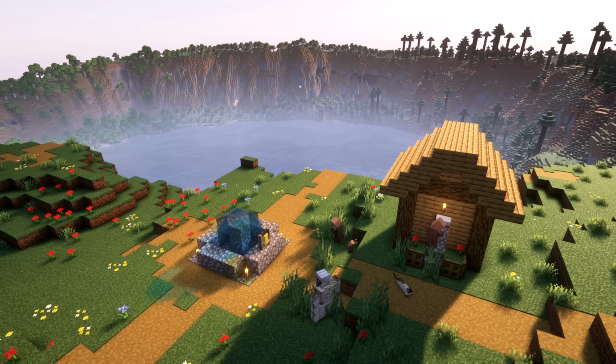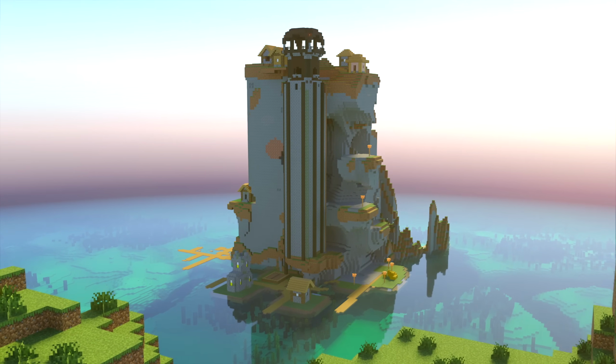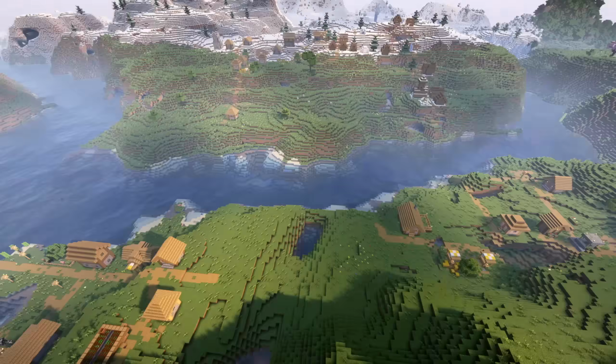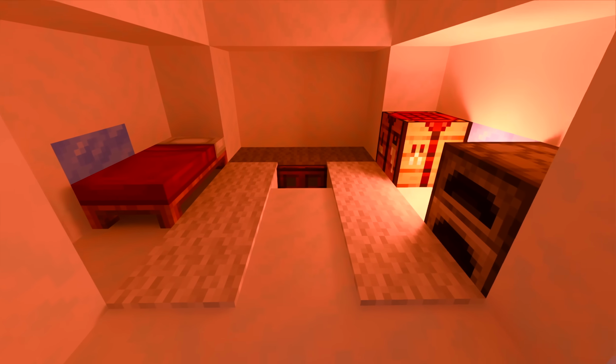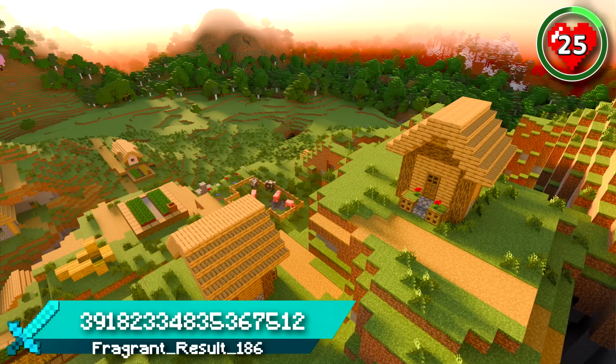Today I'm going to be showing you 25 new Minecraft seeds that come with the most incredible villages. We've got villages with the best views, insane multi-village spawns, and this village with a super rare underground feature. Let's check them out. This seed has a village on the side of a mountain with some really nice views